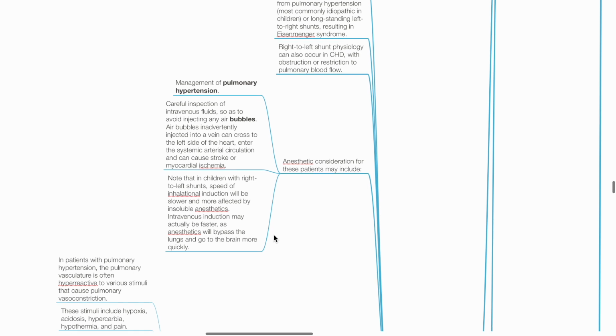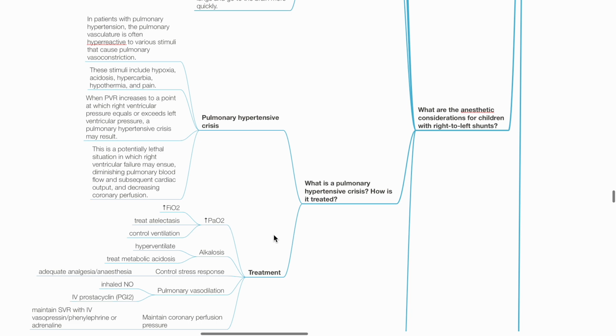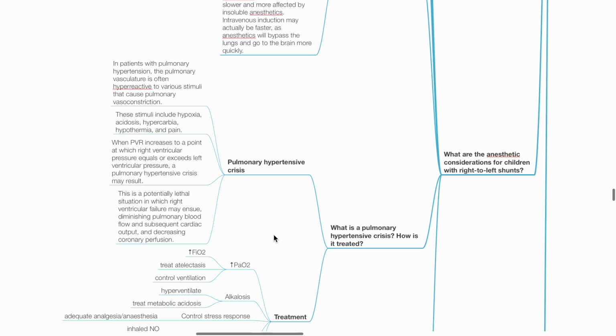What is pulmonary hypertensive crisis and how is it treated? In patients with pulmonary hypertension, the pulmonary vasculature is often hyperreactive to various stimuli that cause pulmonary vasoconstriction, such as hypoxia, acidosis, hypercarbia, hypothermia, and pain. When PVR increases to a point at which right ventricular pressure equals or exceeds left ventricular pressure, pulmonary hypertensive crisis may result. This is potentially lethal, and right ventricular failure may ensue, diminishing pulmonary blood flow, cardiac output, and coronary